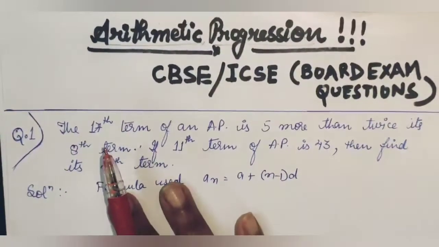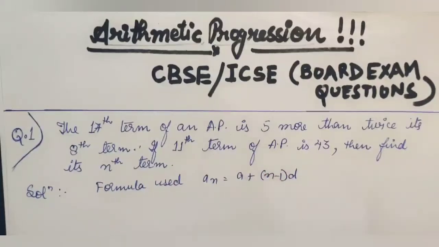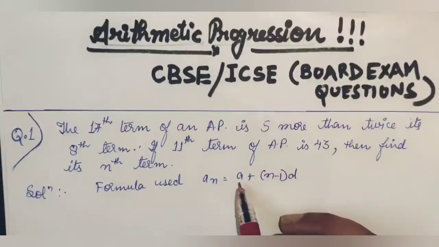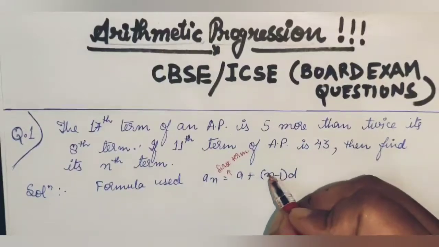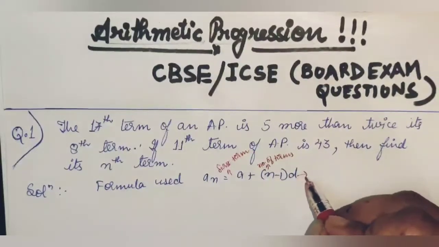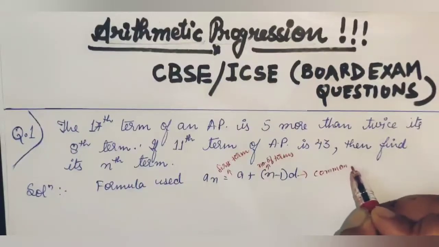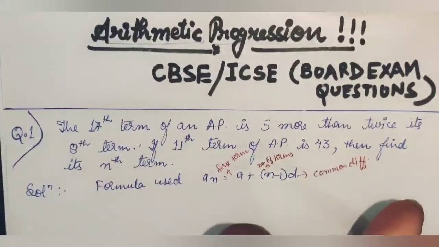So in the previous class I have already told that there is an important formula which will be used all through arithmetic progression, and it is a_n, known as the nth term of the AP or any series that follows the arithmetic progression. a_n is equal to a plus (n minus 1) into d, where a is called the first term, n is called the number of terms, d is known as the common difference, which you can calculate by subtracting the preceding term from the following term.